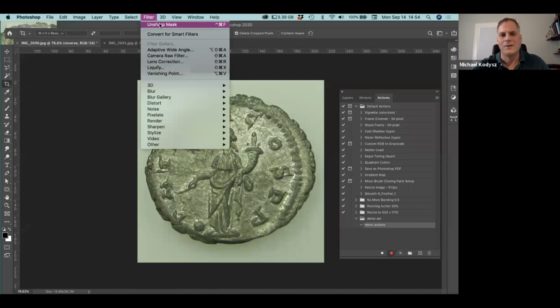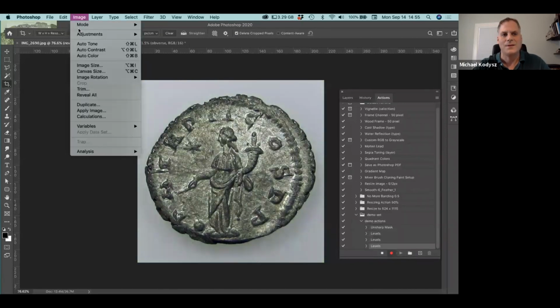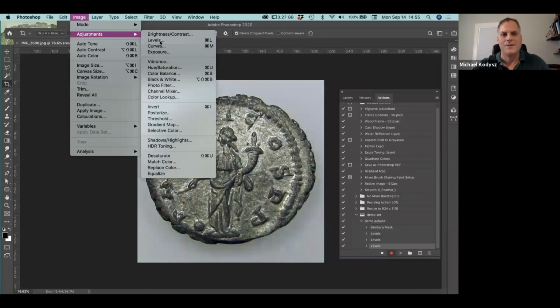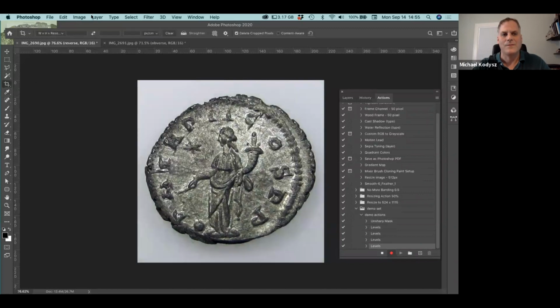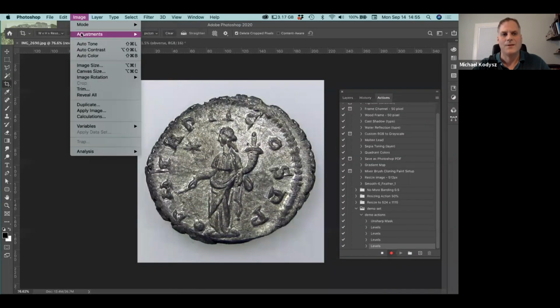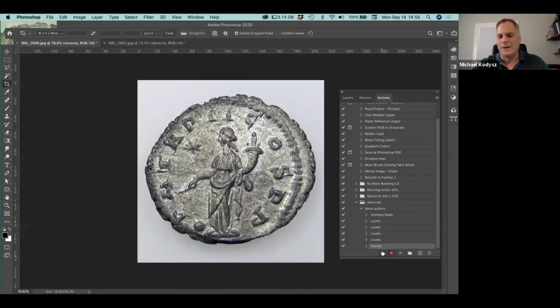So we'll do unsharp mask. We'll do auto tone, auto contrast, auto color, and do our levels adjustment. Do our curves adjustment. And then let's hit stop. All right, and then if I was to undo all these,